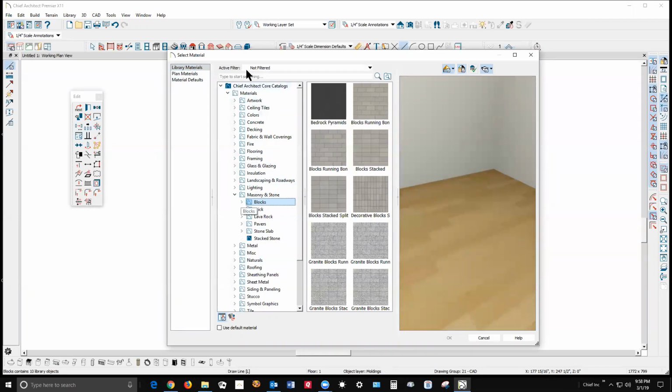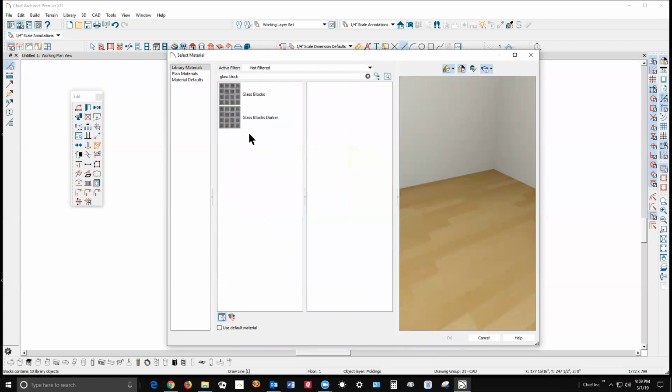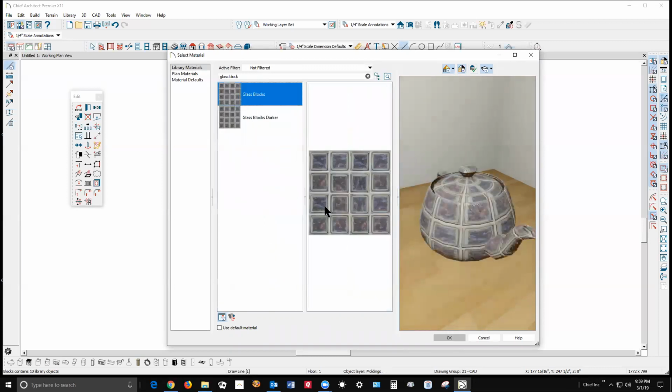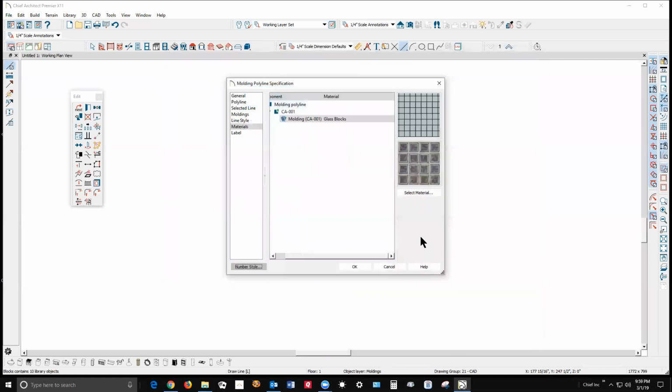In the latest library, they moved it. And I'm not comfortable with where it currently is, but it's under glass block. Let me just do a quick search here. And there it is. Okay. So I just want glass blocks. And of course, it doesn't look much like screen, but that's not the point. Now that I've got the material assigned to this,